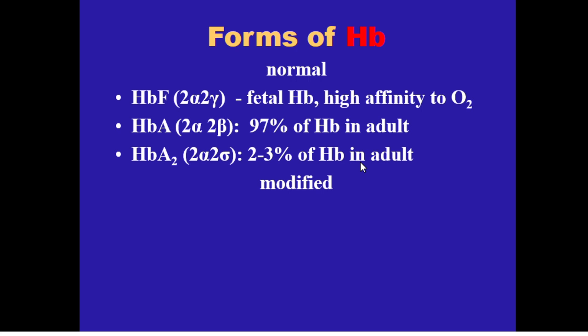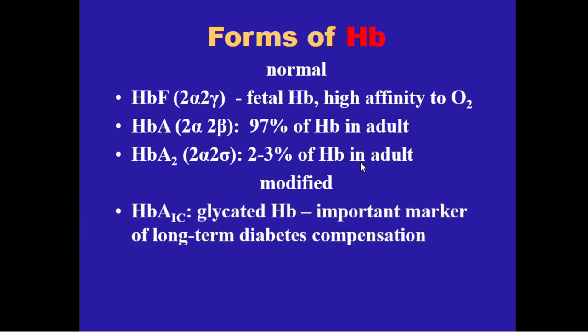Hemoglobin of adults can be modified. For example, if we have a high level of glucose in our blood, part of hemoglobin can be glycosylated. This glycosylated hemoglobin we normally are not checking, but in case of diabetes, in case of hyperglycemia, it is a very useful marker of long-term